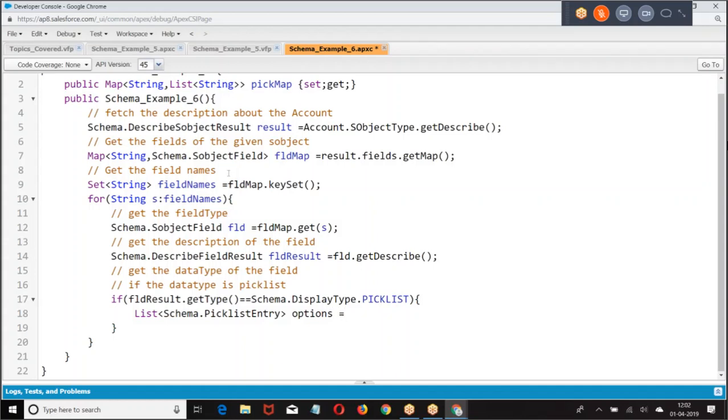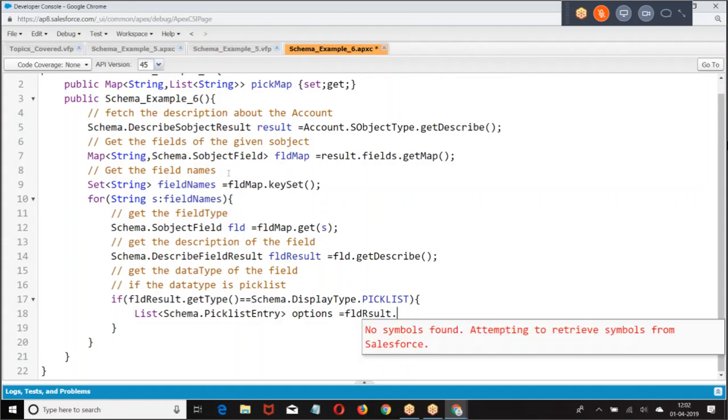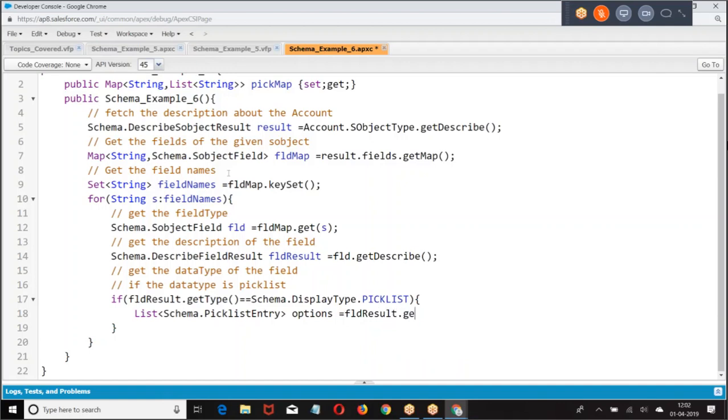Options equal to get pick list options or pick list entries. One will be there.